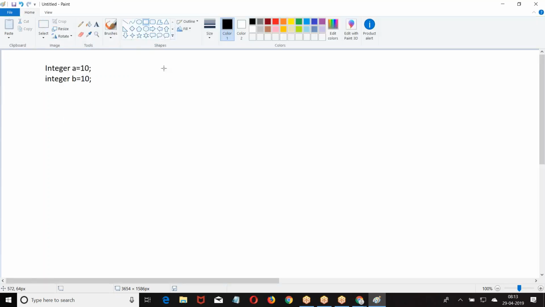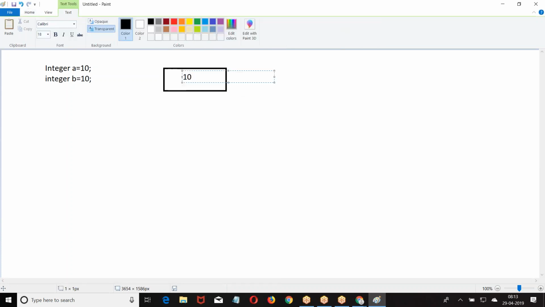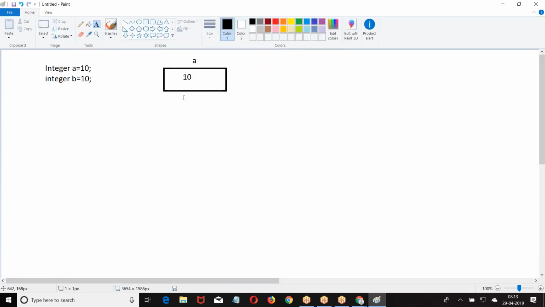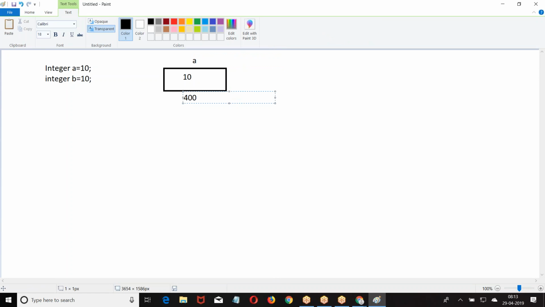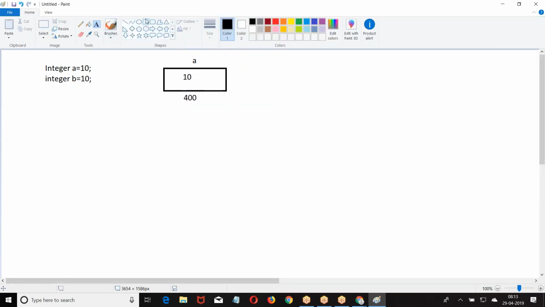When I say integer A equal to 10, memory was created, value is 10. What is the address location? Let us say it is at 400 location. The memory is at some 400 location, and in that memory the value 10 is stored. How is this memory referred to? Using a variable called A. Integer B, memory is given to the B variable.